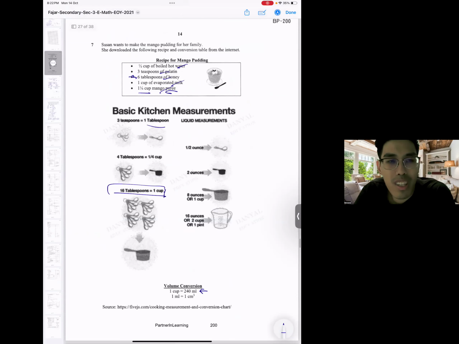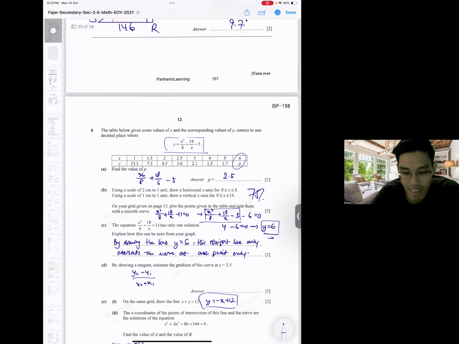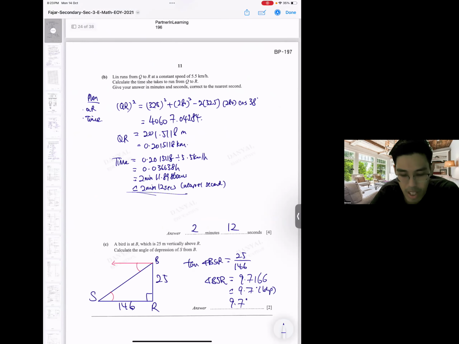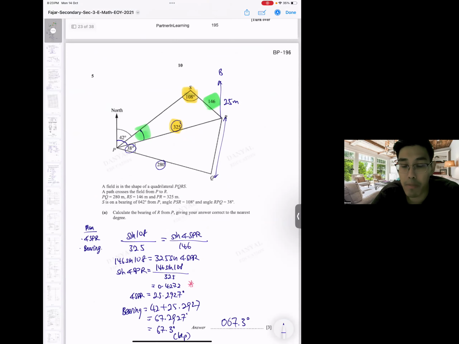Okay, the only tedious part is the last part, the conversion part. I really don't like that one. And also the graph. Apart from that, everything else should be pretty fine. The conversion of time as well, not my cup of tea, but you should be able to do this manually also. Going back, sine rule, cosine rule, simple application should be quite straightforward because the numbers are very nice and they are given very straightforwardly to you. This is considered one of the easier questions already.